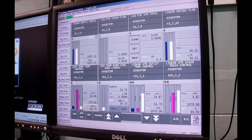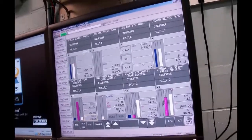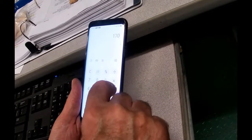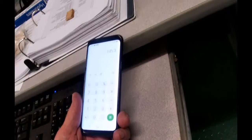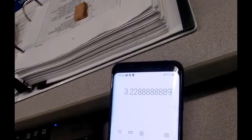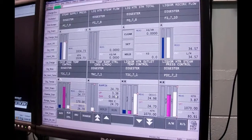So, we're basically ready to go, except that, how do we get this ramp? Well, we're trying to climb up to 170 degrees. So you get your calculator out. We're going to 170, so 170 minus, we're at 24.7. We've got to go up 145 degrees. And I want to do it in 45 minutes. So I divide that by 45. That means I got to climb up at 3.2288888 degrees per minute. So, right now it's up ramp is set for 3.38, and I want to get to